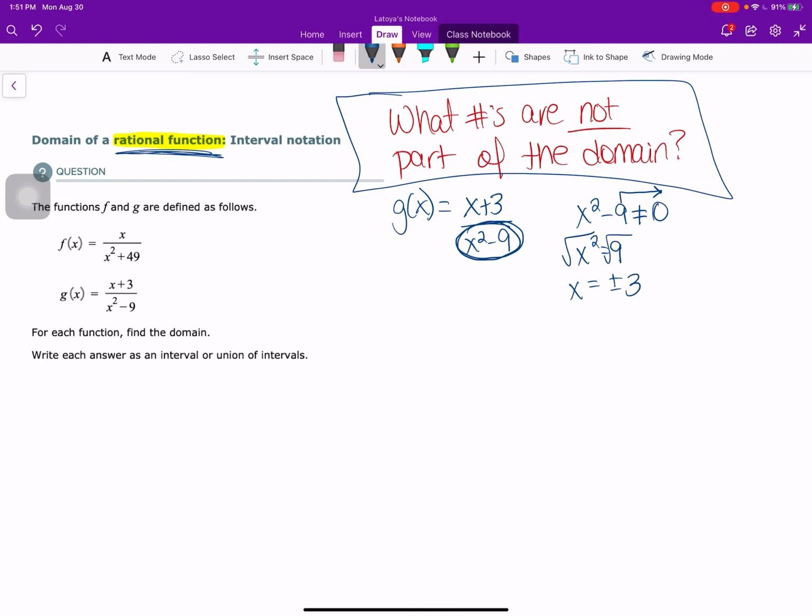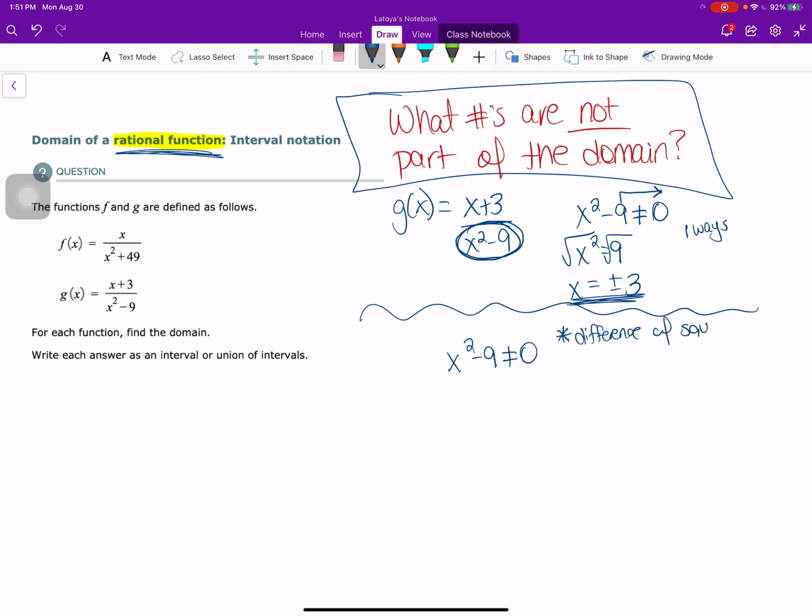So my domain, and I want to stop. That's one way of getting the answer. So that's one way. How do I get this answer a different way? Well, that x squared minus 9, I want to make sure, and I don't know why I didn't do it this way. This is an example of how we can work math problems many different ways. But this is what we call a difference